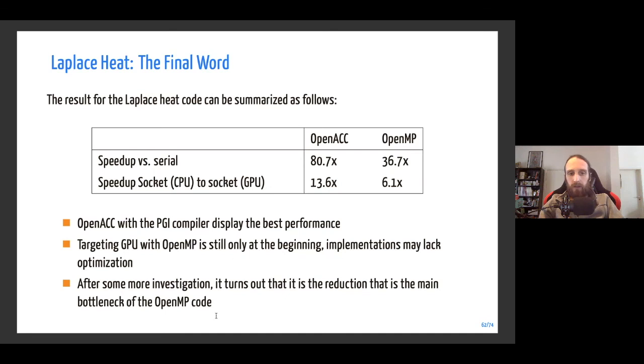After investigating a little bit, the problem of OpenMP looks like the reduction is the main bottleneck. If I just ignore the computation of the error, in both cases, OpenACC and OpenMP, basically the computational part where they do the averaging of all the neighboring points, it takes exactly the same time using OpenACC and OpenMP. But when we use the reduction and we want to compute the error, this is where the OpenMP version starts to have some problems and becomes way slower than the version with OpenACC.